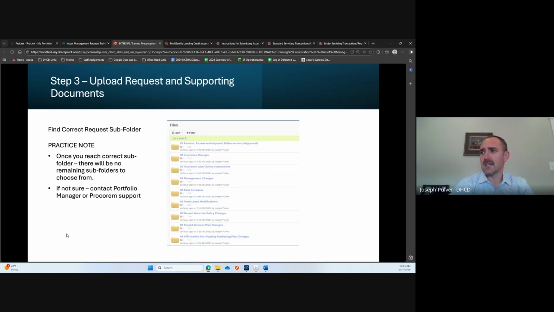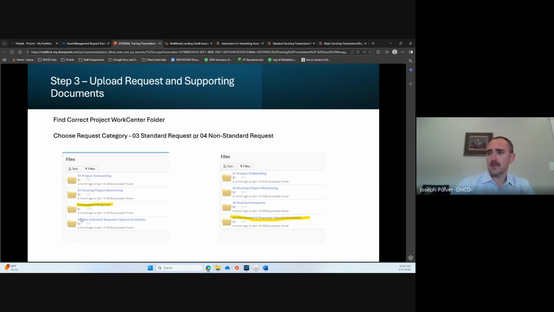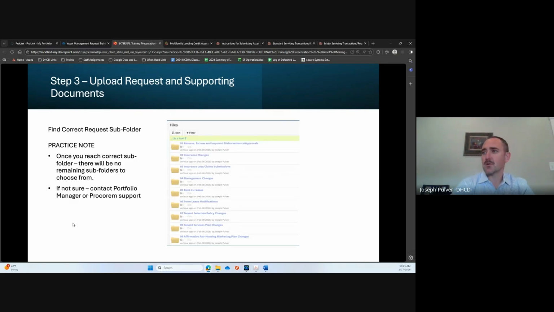So what you'll notice, if you click into the folder 03 here, the standard requests, it further breaks down by the specific types of standard requests that we have commonly seen, and so decided that they deserve to have their own standardized folder. And the reserves folder actually goes down a little further and breaks down, if you're talking about a reserve for replacement, an operating reserve, or some other reserve, and then it's also got escrows and impounds folders. All of the rest of them, I believe, do not have subfolders. Those are just a single.